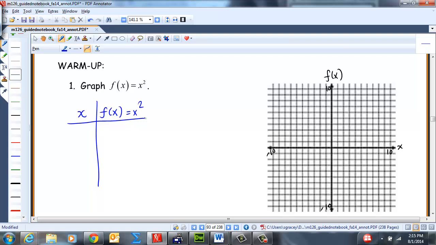So we're going to use symmetry on this. So if we plot 0, 0, 1, 2, and 3, we'll get a good feel for the graph. So f at 0 is 0 squared, which is 0. f at 1 is 1 squared, which is 1. f at 2 is, good, 2 squared, which is 4. And f evaluated at 3 is 3 squared, which is 9. So we'll have ordered pairs here, here, here,